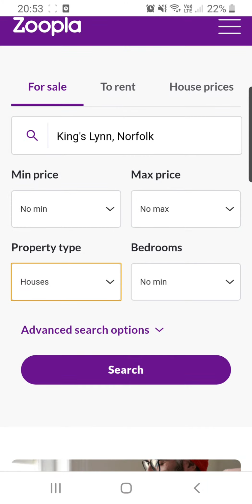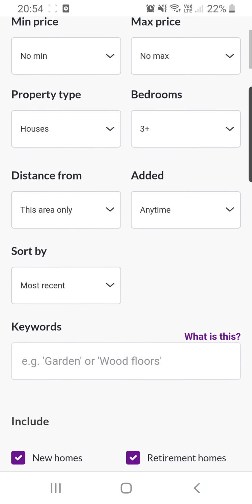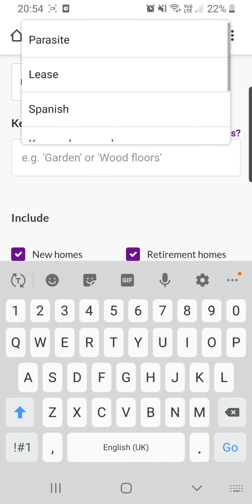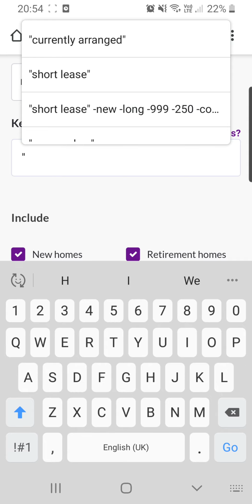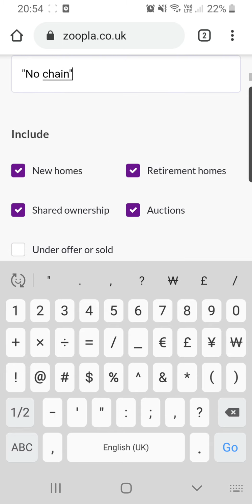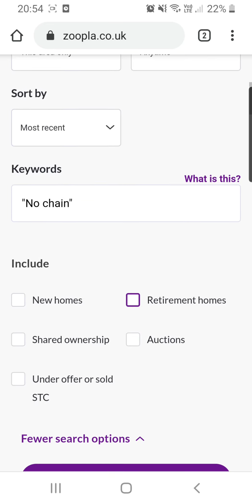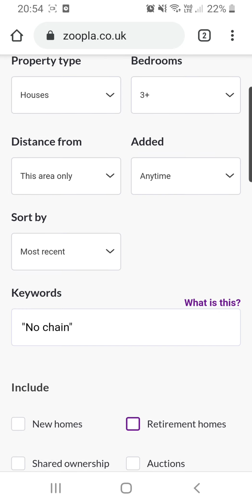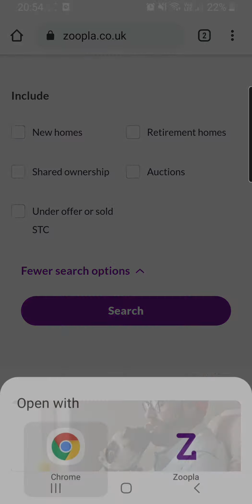Usually I like to look for houses, let's say 3 bedrooms plus. Then in keywords, you can set words that you want to find in those listings. So if we go in here and, for example, put in no chain, this is quite a simple search. We'll get rid of the new homes, the shared ownership, the auctions, and we don't want to see the sold. And by sorting by most recent, we can head to the end to find the oldest properties. So if we just click search,